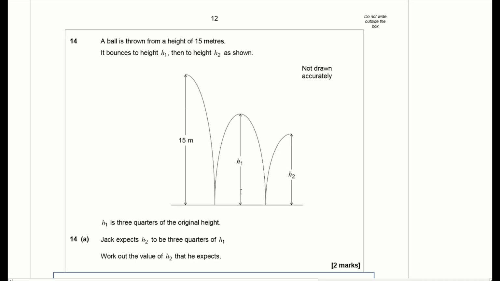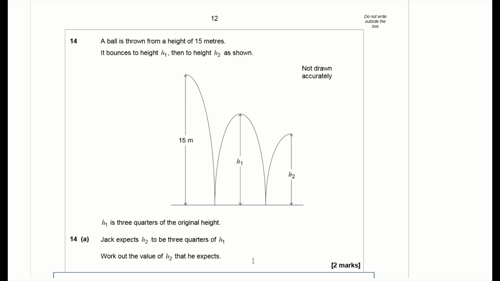h1 is 3/4 of the original height. Jack expects h2 to be 3/4 of h1. Work out the value of h2 that he expects. Now, this question is about compound decay, and all that means is that you are applying a multiplier successively to